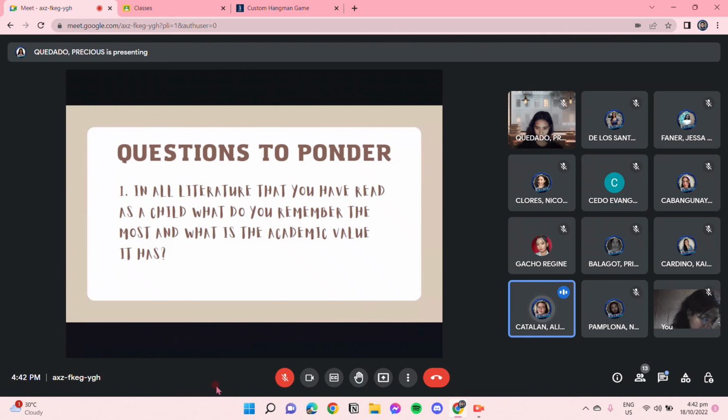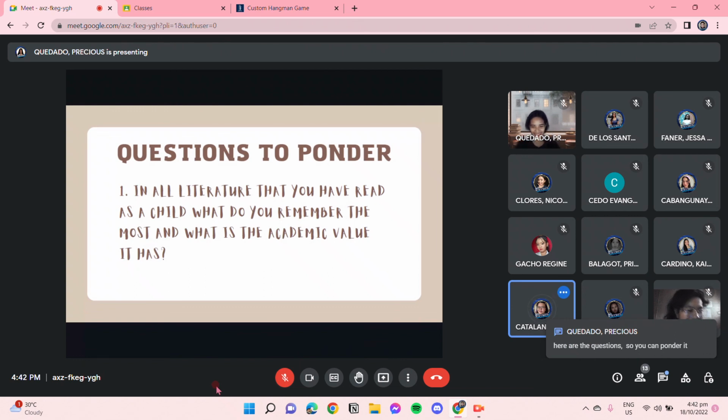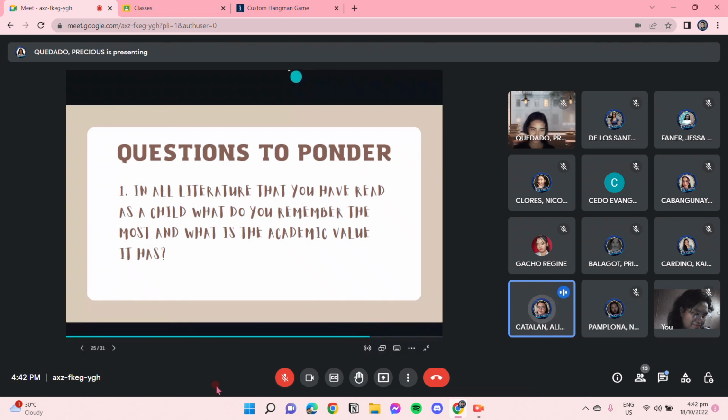Because I was allowed back then to roam around SM since we have a small business there. So it's okay for me to go around everywhere in SM. So I always really read. So I have tons of stories in my mind as a kid. I really read them. And the number one thing that I remember is the Ugly Duckling. Until this day, I share it with my cousins and family. And I've already told this before in our last meeting, to Sir. I remember. And the academic value there is that